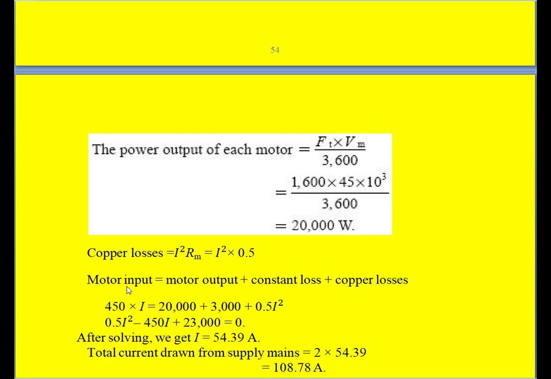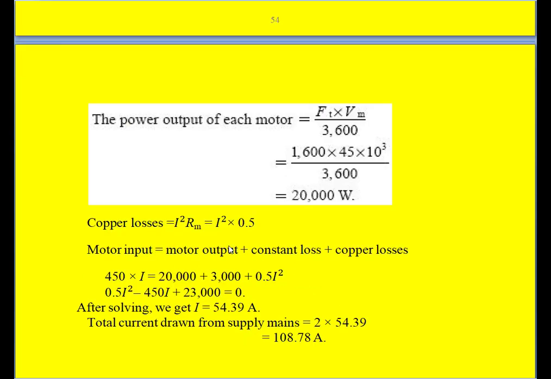Then we know the input power to the motor is equal to motor output plus constant loss plus copper loss. The supply voltage is 450 volts, and the motor input current, whatever current they take, we call capital I. So V into I is 450 into I